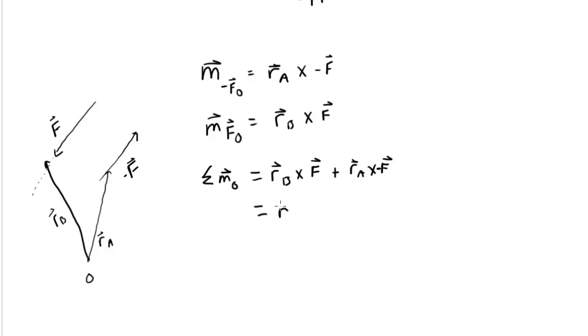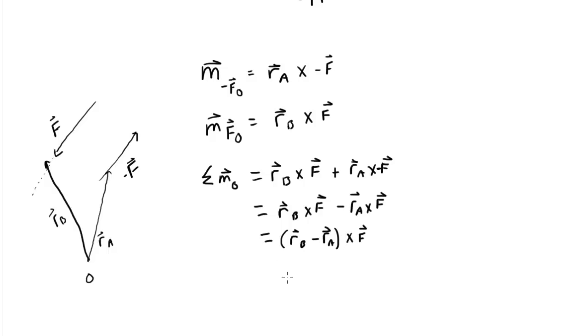So we can rewrite that as RB cross F minus RA cross F. All I did was move this minus sign from the F to the RA. I now have two things crossed onto F. So using the distributive rules, we have RB minus RA